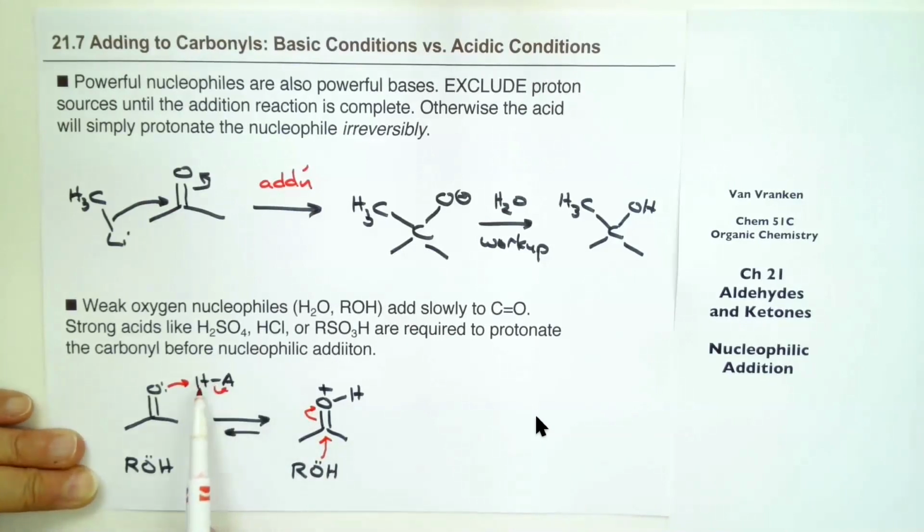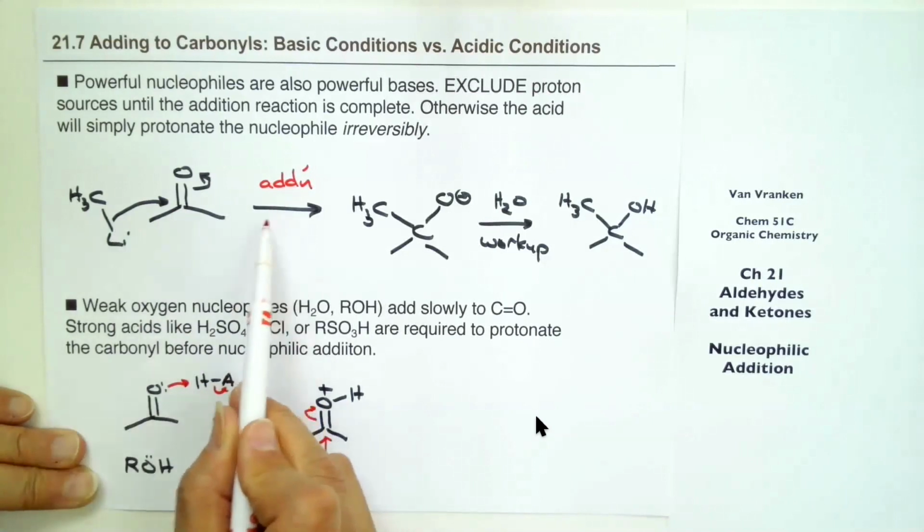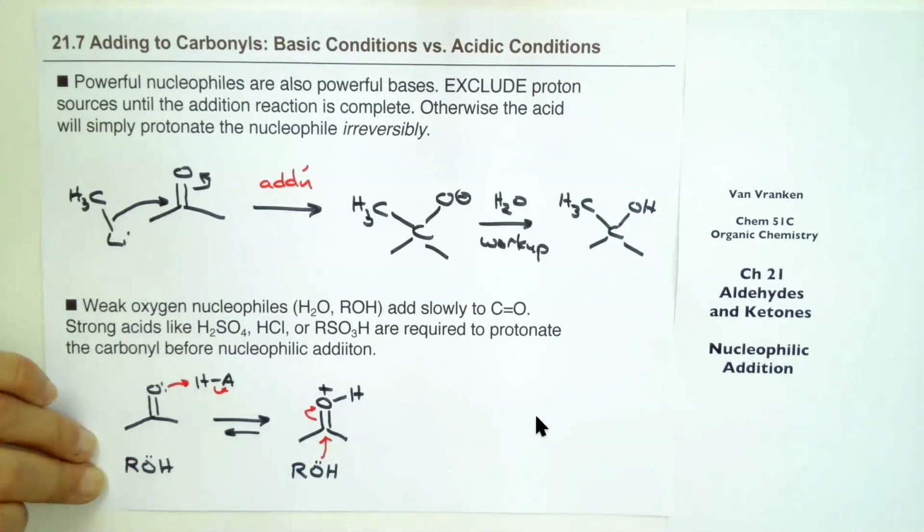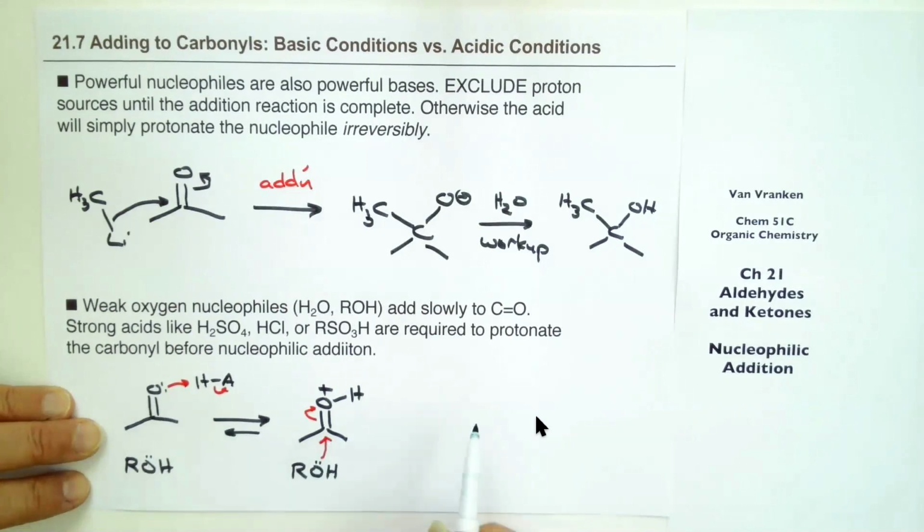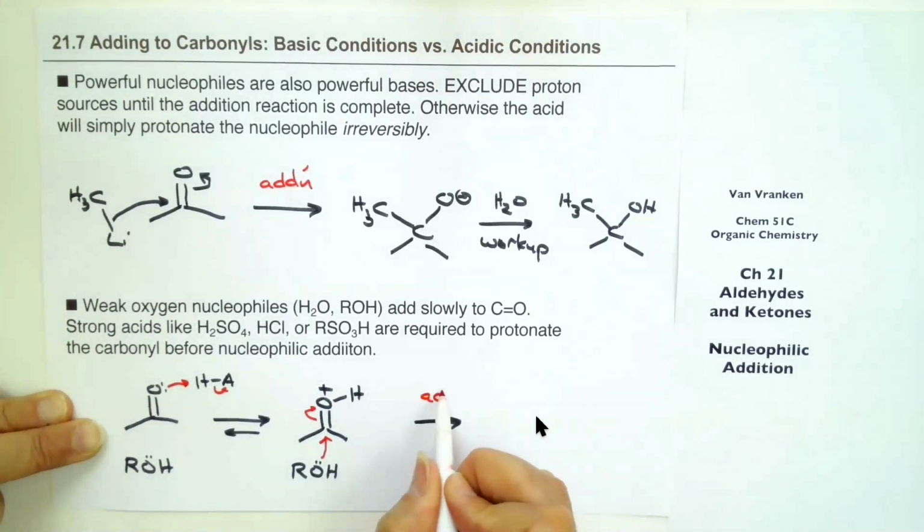And in this case, you don't worry about the acid reacting away all the alcohols. It's hard to protonate an alcohol. Whereas there's no way you could have any acid, any OH present with an alkyllithium, because that would immediately react with the alkyllithium and it would be game over. So not only can we tolerate acids in the presence of alcohols without totally protonating all the lone pairs, but we need them to make the carbonyl reactive enough. So this is the mechanism for addition of oxygen nucleophiles to carbonyls, whether they're ketones, aldehydes, esters. This is the pattern that we're going to see. So we have to protonate carbonyls in order to get this addition step to work